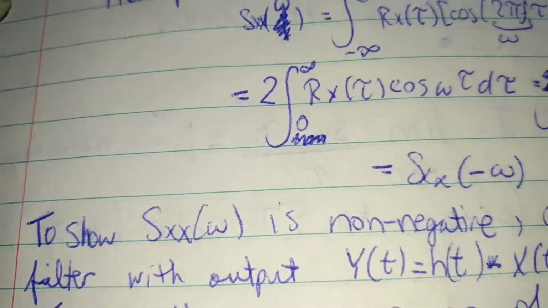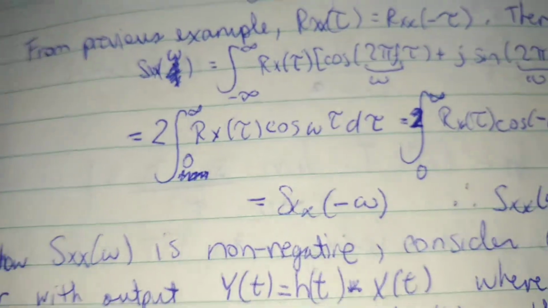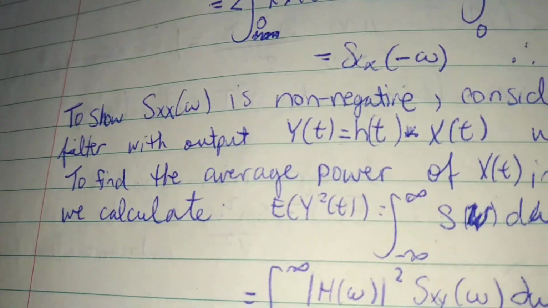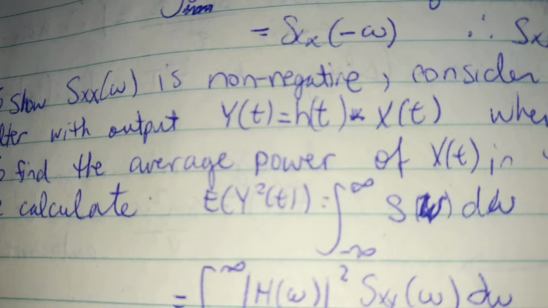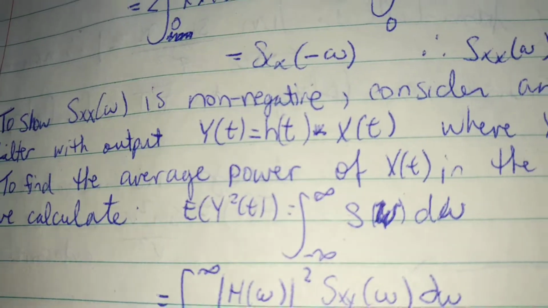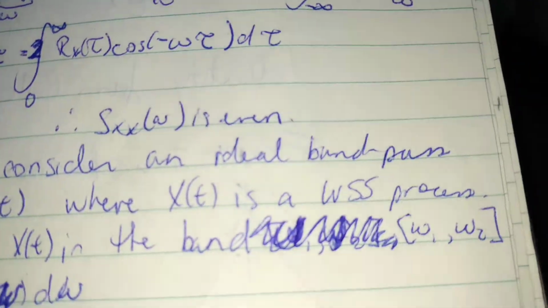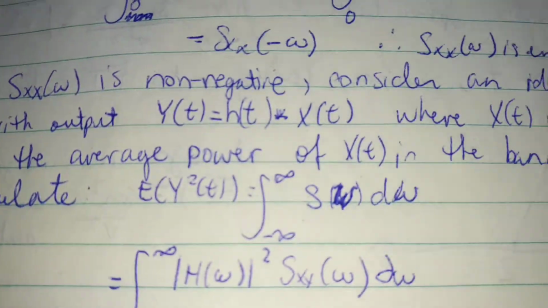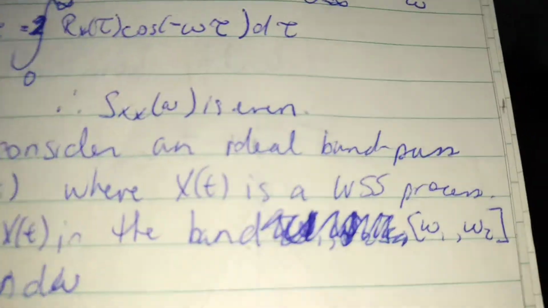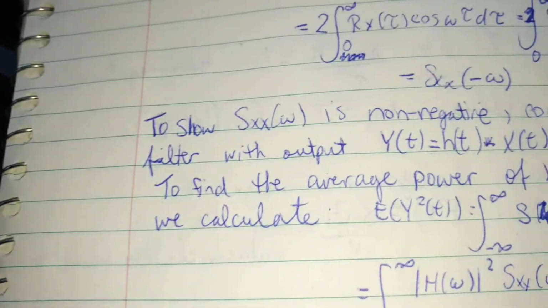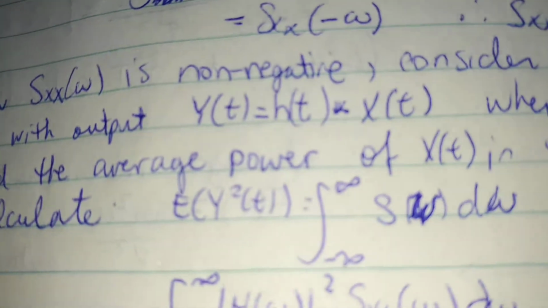To show that the spectral density is non-negative, it's a little bit harder to prove in a left side equals right side format, so it's better to use an example. So we consider an ideal bandpass filter with output y of t equal to h of t convolved with x of t, where x of t is a wide-sense stationary process. To find the average power of x of t in the band, we write the band as the interval from omega 1 to omega 2, and we calculate the expectation of y squared of t, which is equal to